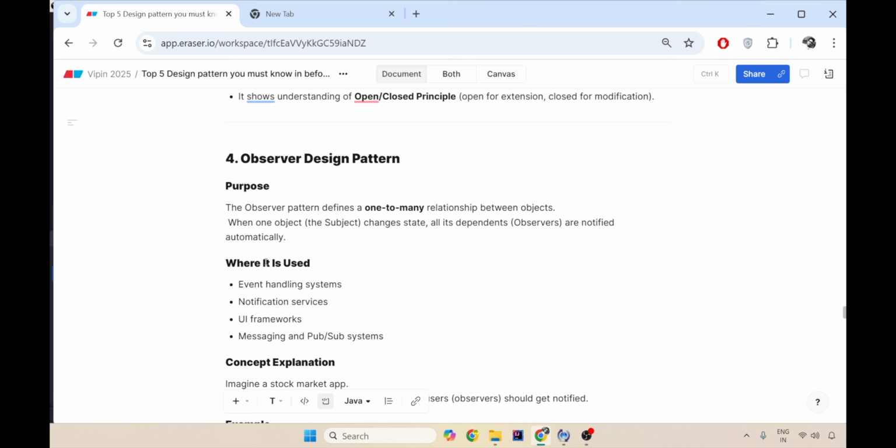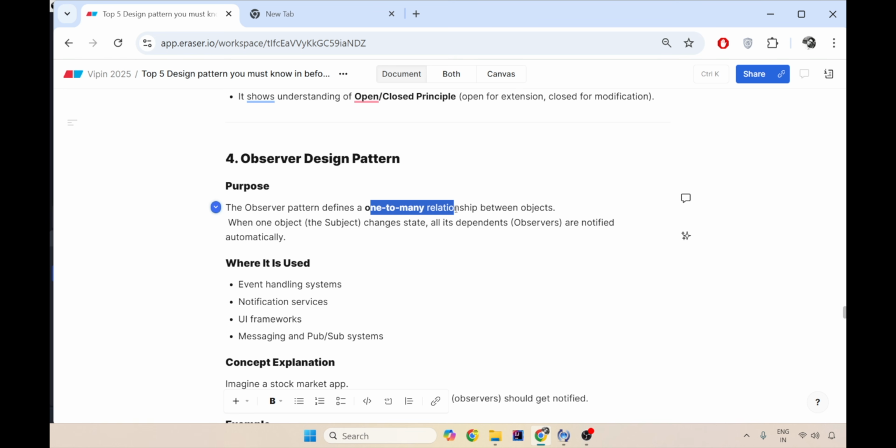The observer design pattern is just a one-to-many relationship. For example, if you use WhatsApp, suppose you create a group of your 5 friends. You send one message, "Hi, what is the plan for tomorrow?" All the 5 people will be notified that you are expecting what is the plan for tomorrow. That is a one-to-many relationship. One subject is trying to ask all the observers what is expected as a new